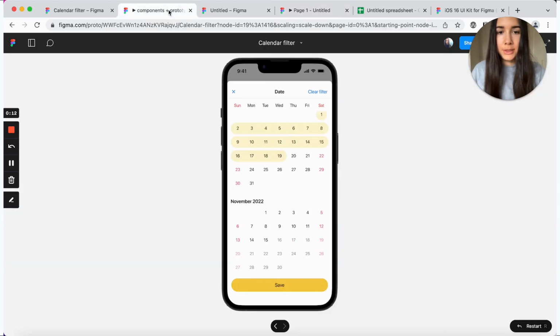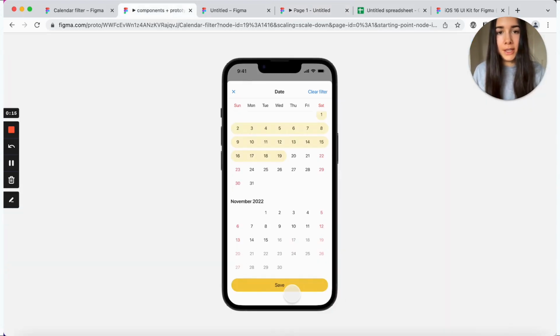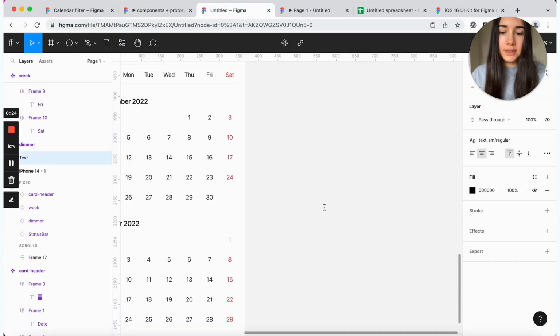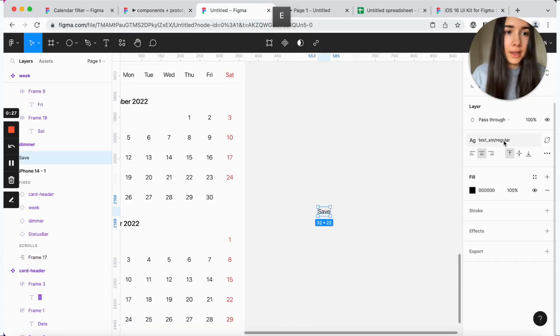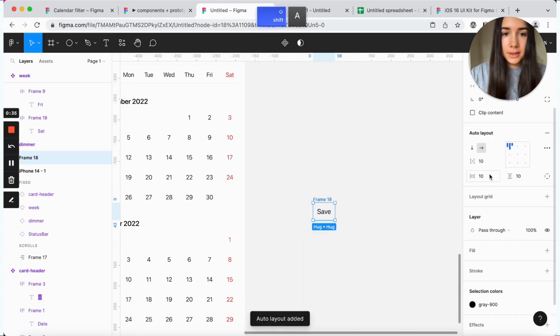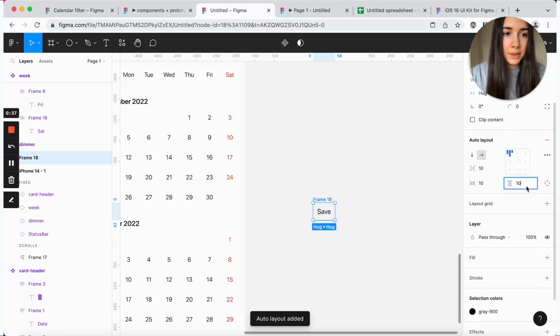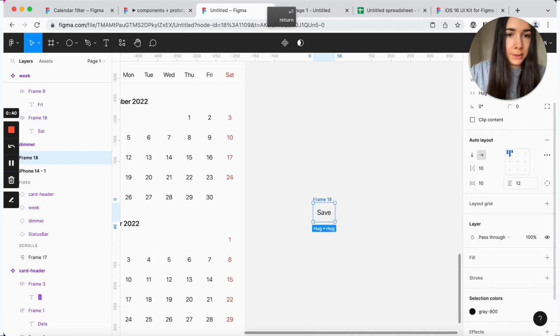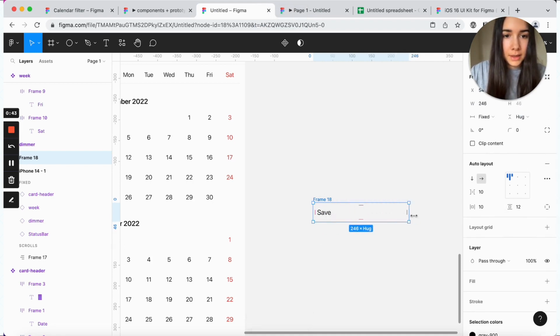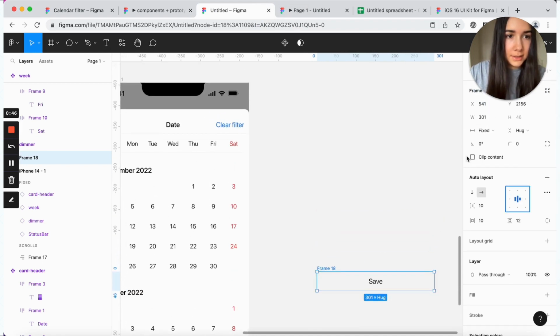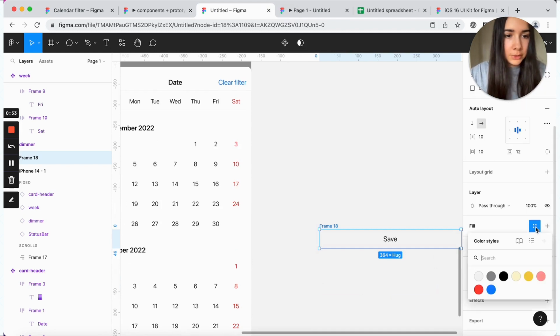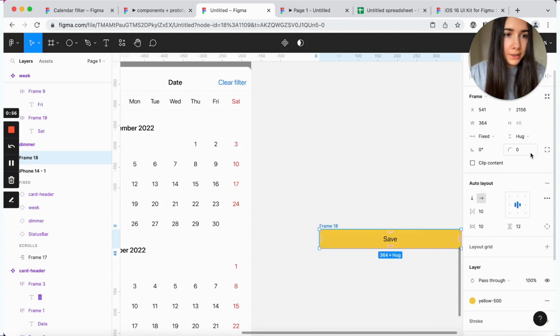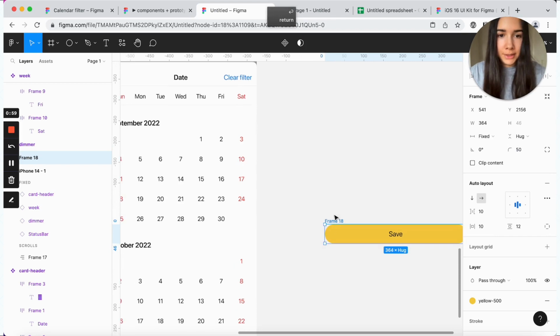The last component that we need to make is our button here, and then we can put this all together into a very small and simple prototype. What I'm going to do is, again, create a text layer, and we'll make the size bigger and change the color to black. Then we'll wrap it inside the auto layout frame, and we'll set the vertical padding to 12. And we'll also make sure that it's centered. And I think we'll keep the width at around 364. We'll also do the fill of this brighter yellow here, and we'll set the border radius to 50.